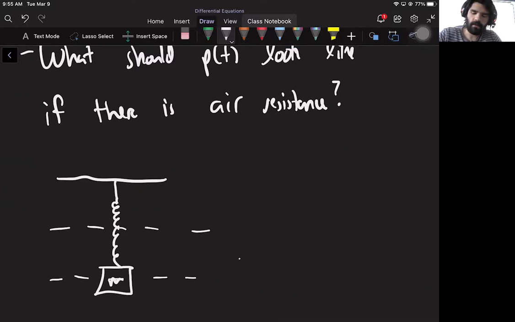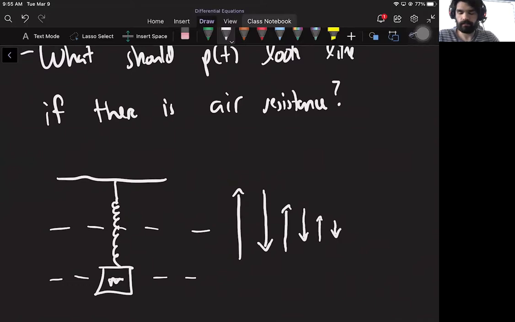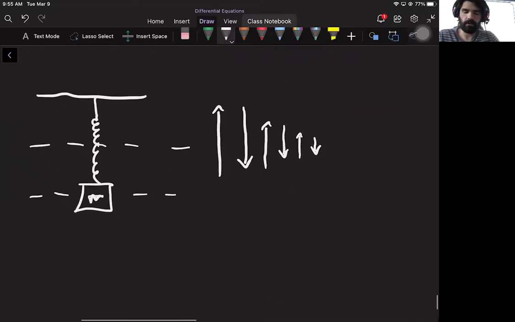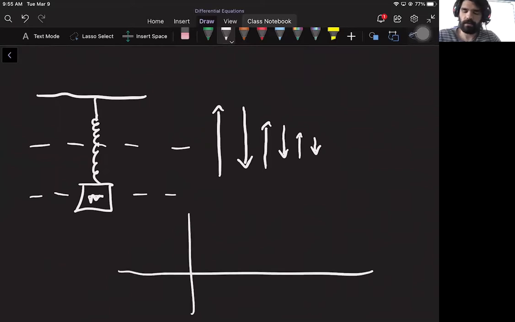And then it'll start bouncing up. And then it won't bounce down quite as much as it started from because air resistance is slowing it down. And then it won't bounce back up as far as it went the first time. Then it won't go back down as much as it did before, and so on like that. So the graph